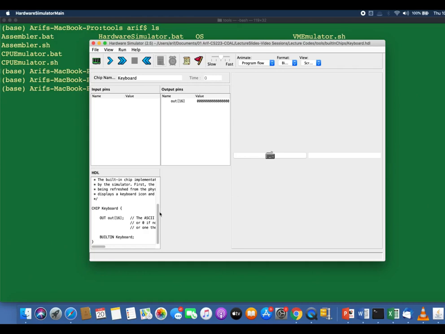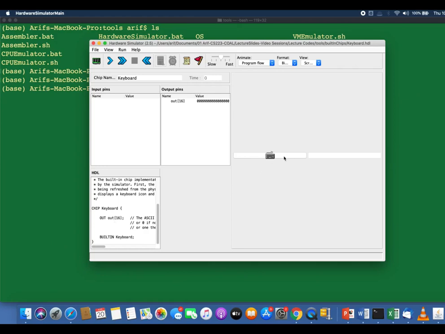So take a look at the HDL pane. So this is again a built-in chip. The chip interface shows that it is a read-only chip, as it has no input pins at all. It has only one 16-bit output, namely out, which emits the value that is currently stored on the keyboard memory map. That is a 16-bit RAM register addressed at 24576.